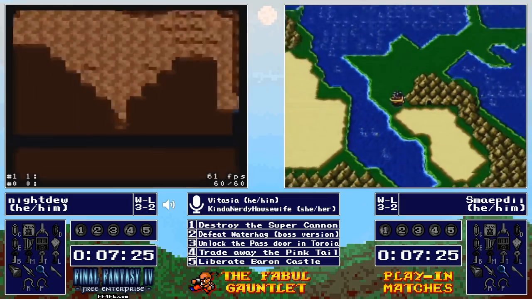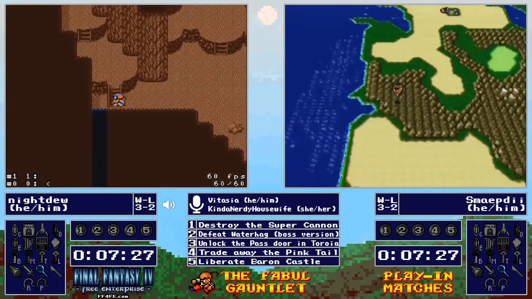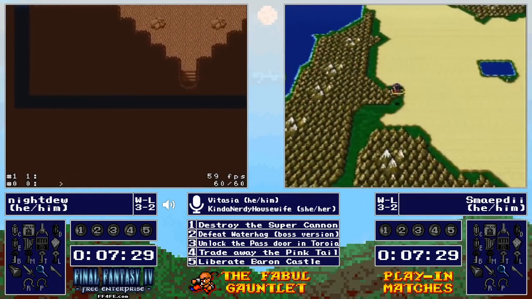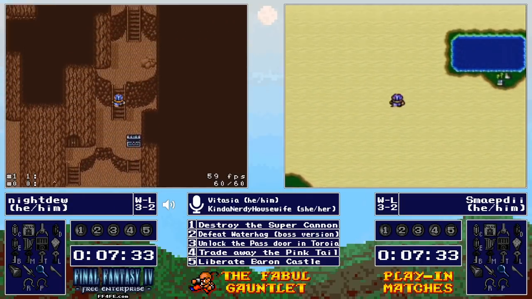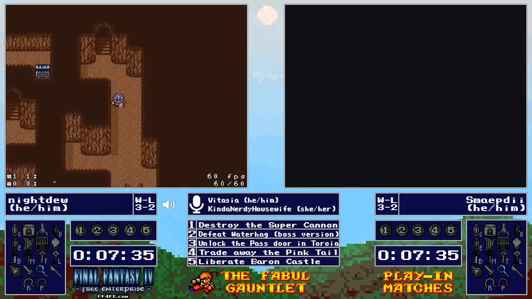Oh, we didn't pick it up! That's why he's skipping all the major, or several of the treasure chests. He's just zooming through here. Yep, some runners don't think the items are really worth it, so...